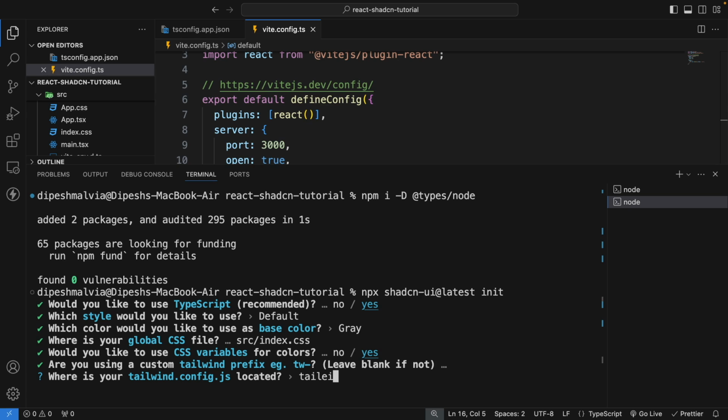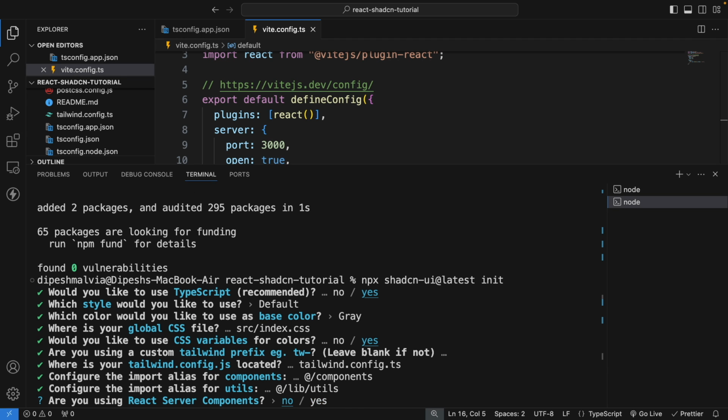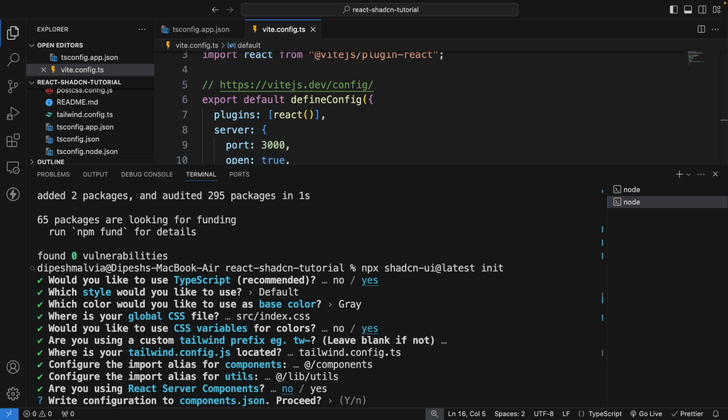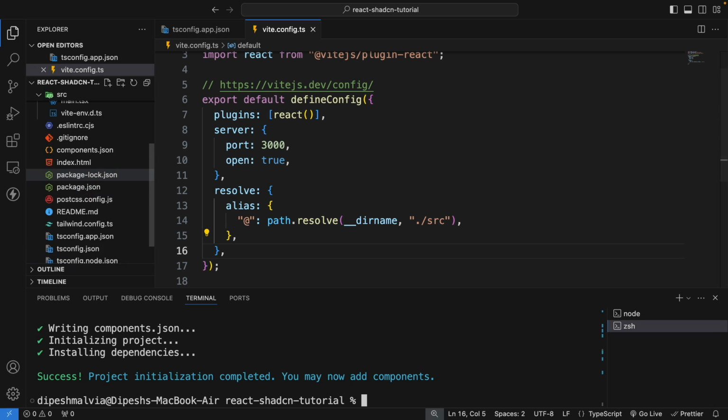So I'm going to have the tailwind.config.ts. All right, and then we will have this @components, and we will have the utils, and we are not using the server components, and then let's have this configuration file. All right, so now we have successfully completed this, and if we go and check, then we will have this